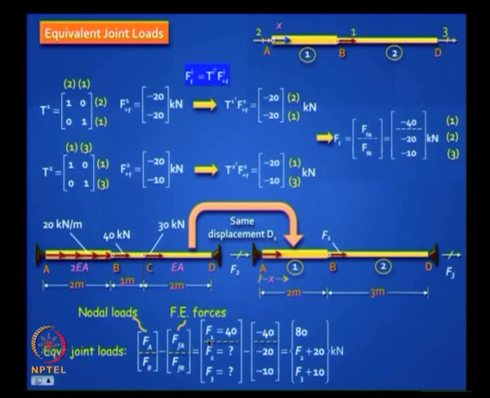This will add up to some quantity in which the first is 40. You know, in the original load there was a 40 kilonewton, remember at B in the original problem there was a 40, that is this 40. Okay, but you have some reactions here due to that 40 that we do not know, and then from this you have 40 here, so you put that 40 there with a minus sign, and you also have some reactions minus 20, minus 10, you put that there and you will get this as your final answer.